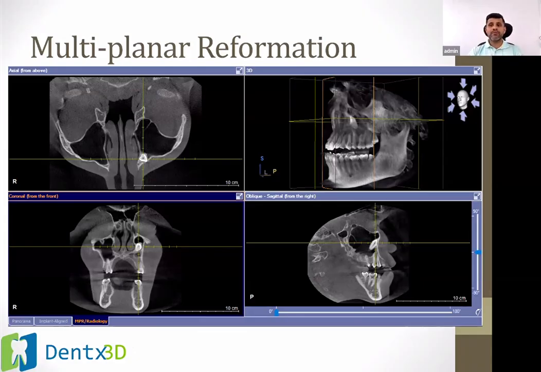So there is a view called the multi-planar view. In this view, we will see the object in all three planes. That's why it's called multi-planar. So here this is the axial plane, here is the coronal plane, and here it is the sagittal plane, and this is the 3D view. So all these things are